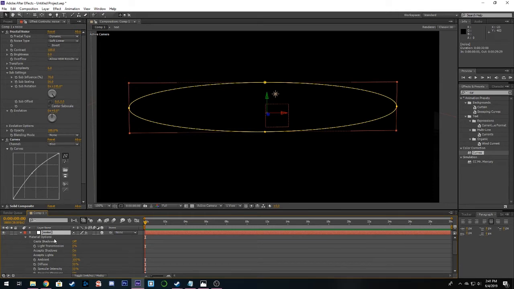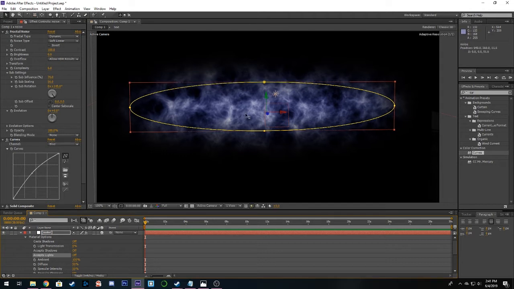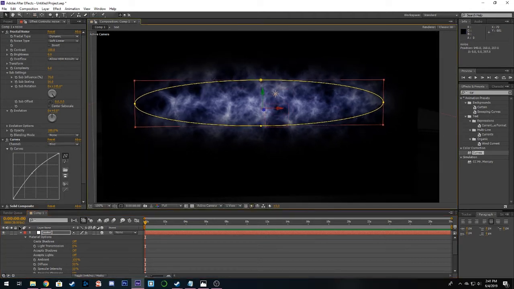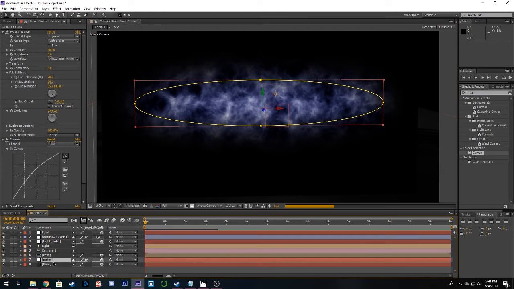Alright, and then just hit AA after you've selected your noise again, and then you're going to say accept shadows off, accept lights off. Alright, and then we're going to move it back, just drop it down underneath your text. Okay,